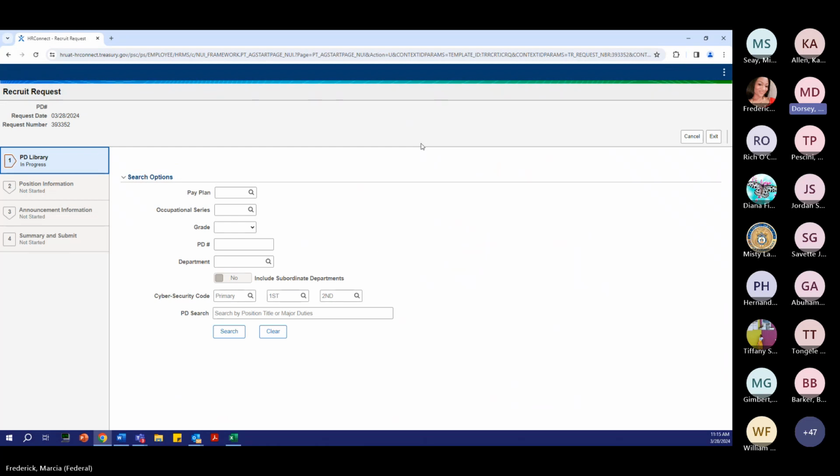We are now starting step 1 of the 4-step activity guide, which is PD Library. On this page, you will start by entering the PD number into the PD number field. You will pull this number from the CD516, which is the MR number on the form. PD number also corresponds with the job code field in HR Connect. For this demo today, we will be using the PD number